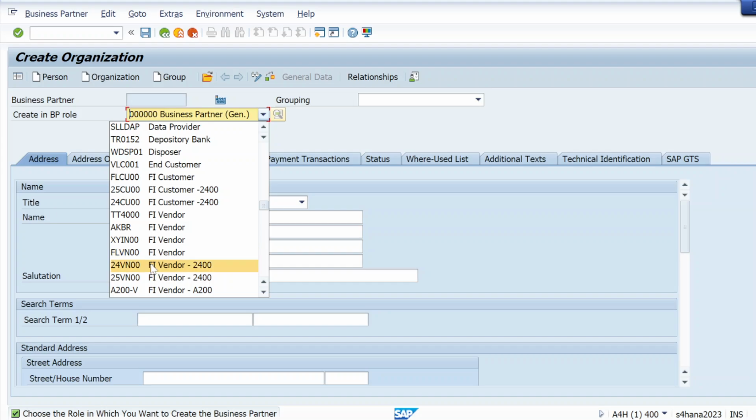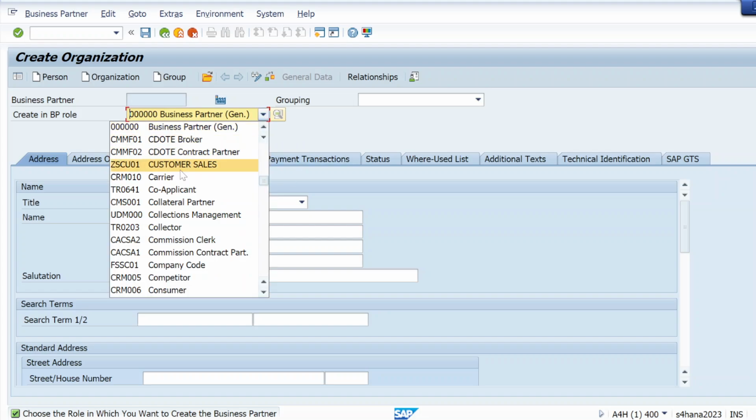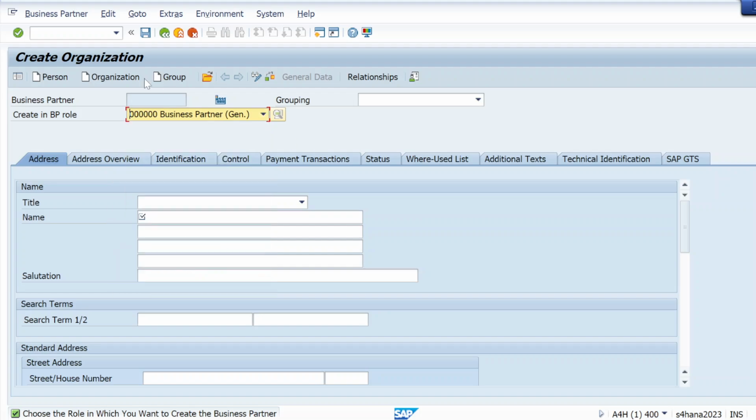FLVN00, FLVN01. One is for general data, that's BP 000. Then for purchasing view, company code data. So we have to select the roles in SAP S4 HANA, but in ECC we need not do that, right? We will see that one by one.